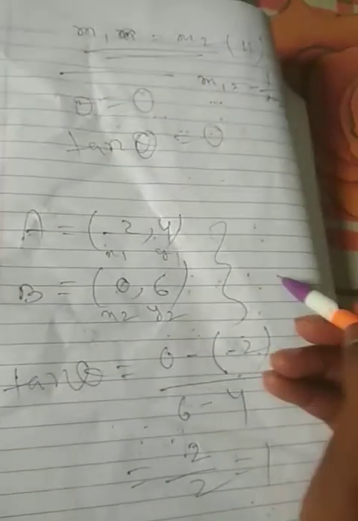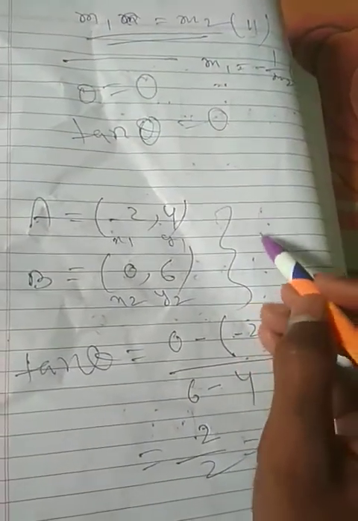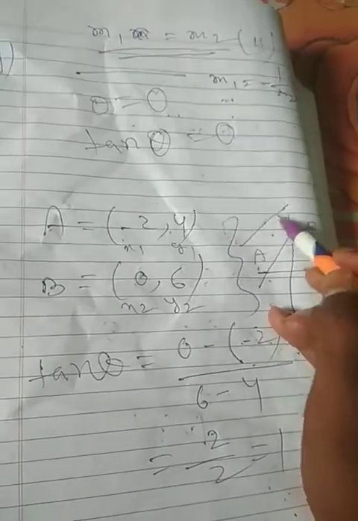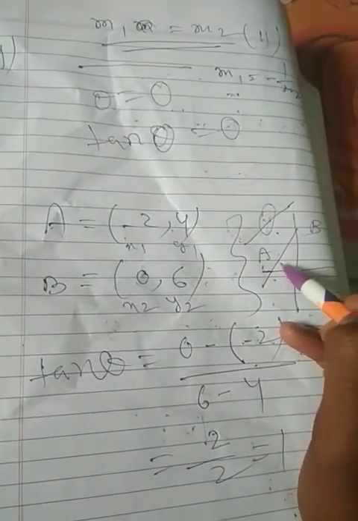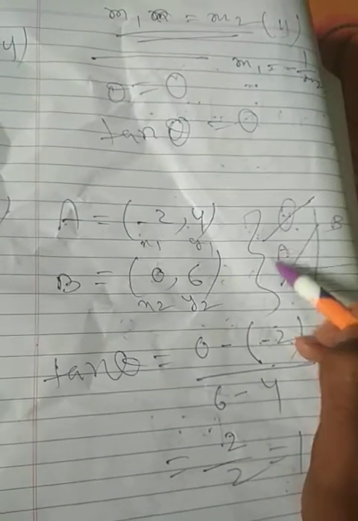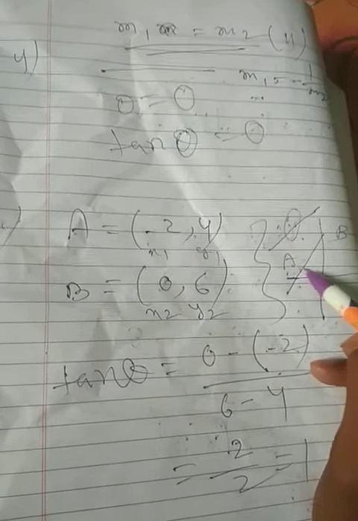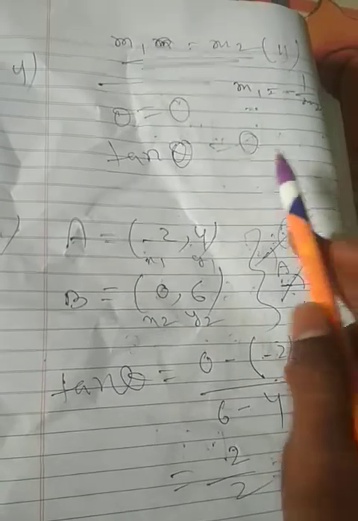Okay, math number 4. It is said to calculate the slope of a line parallel to AB, where A and B are given. Let's check what the slope of AB will be. Try to understand that there are two points in a coordinate plane. This is AB, and any line which is parallel to AB, what will be its slope? As they are parallel to each other, it will be the same slope as that line. I already said that both lines have the same slope if they are parallel.